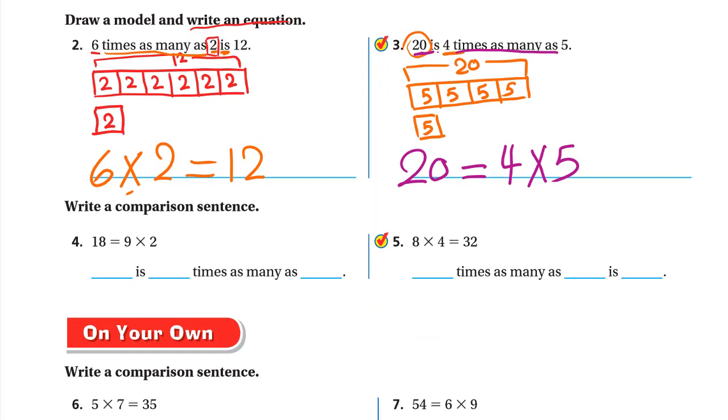Okay, here write a comparison sentence. 18 equals 9 times 2. Okay, so 18, we said that equal means is, 9, the multiplication sign is times as many as, 2. Here 8 times 4 equals 32. So it's 8, the multiplication sign is times as many as 4, equals means is